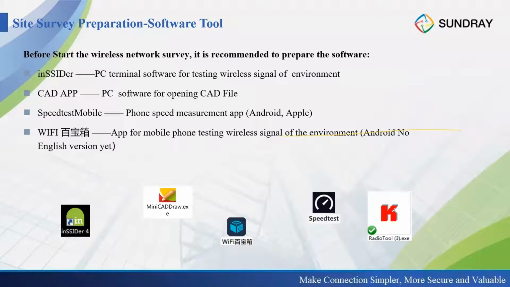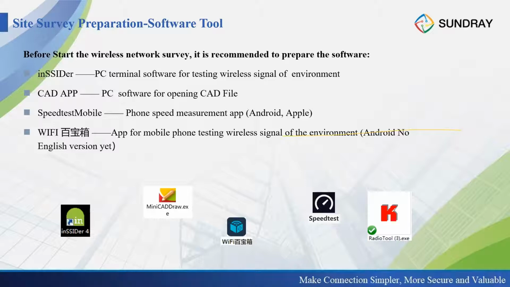For example, inSSIDer. This one can be installed on your laptop. We have inSSIDer in these slides. It can analyze the signals. And also CAD apps. You can use any CAD app, because usually when the user gives us a project, they give us a floor plan. Sometimes if they don't give us a floor plan, we need to ask for it. We also use the CAD tool, and also speed test on mobile, like this speed test,